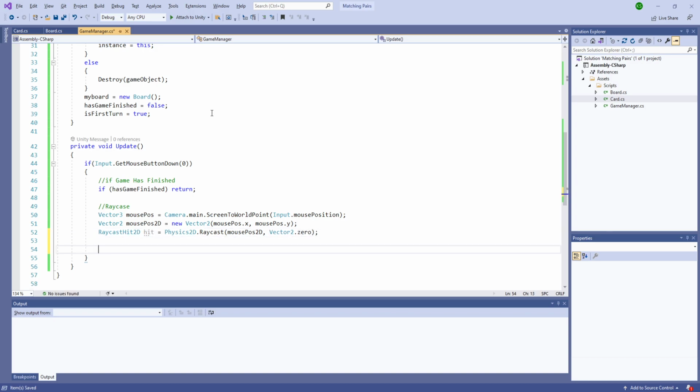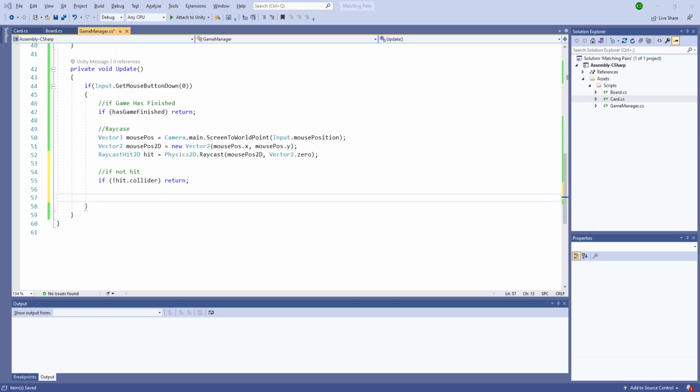Then we can get the hit. Now let's see if not hit, so if not hit.collider, then we'll simply return. Then if it is hit, then we'll check if